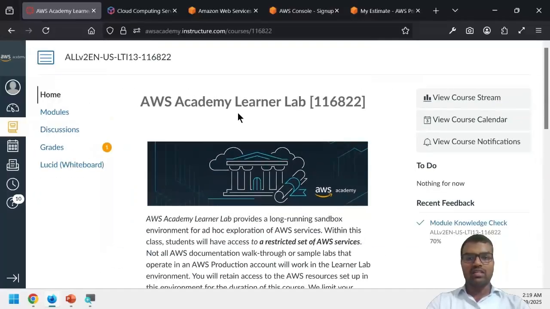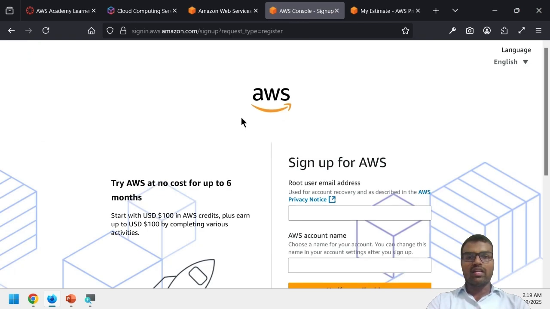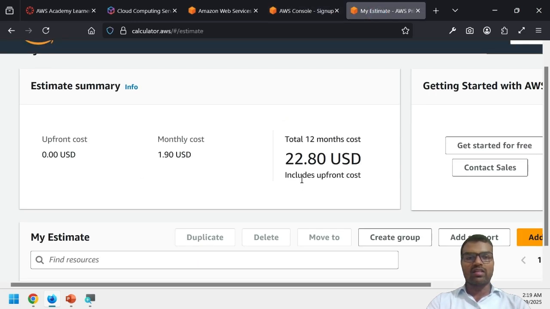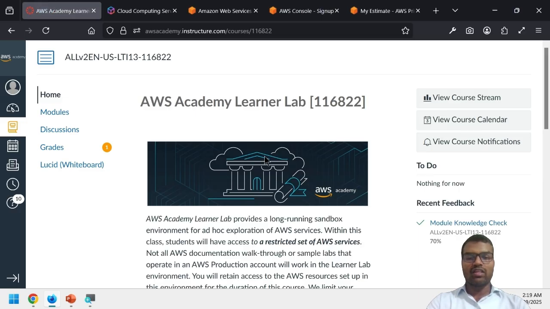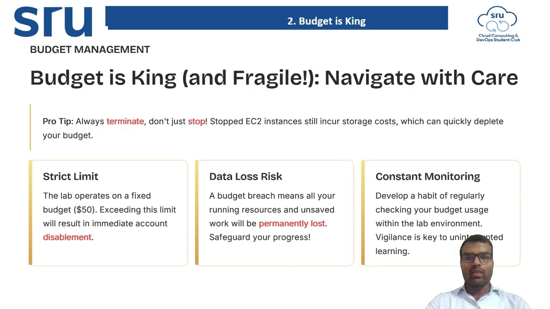This is a simulation. This is totally simulating the real account. But here, what will happen? There is some kind of problem there, but here there is no problem. Everything is totally free. You don't need to give anything. Okay, after logging into that AWS Learner Lab, you need to have a look